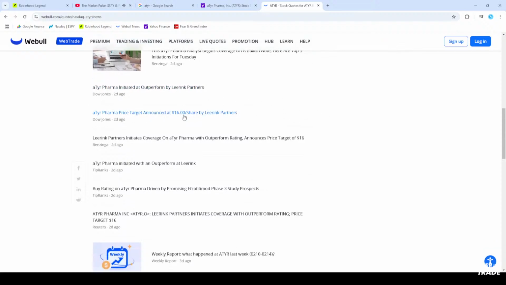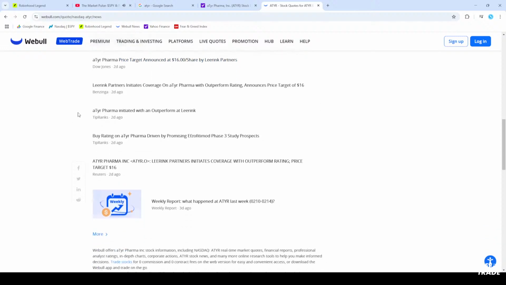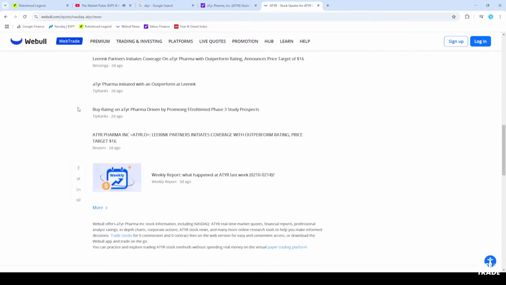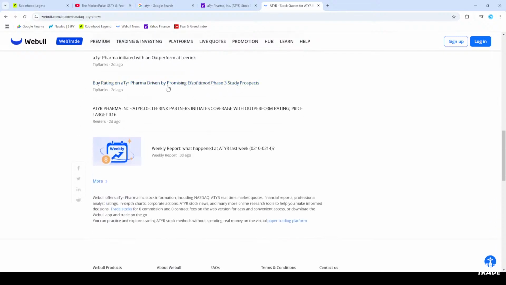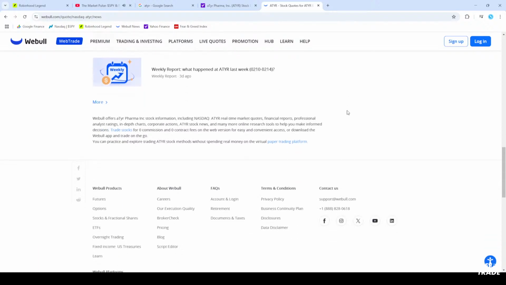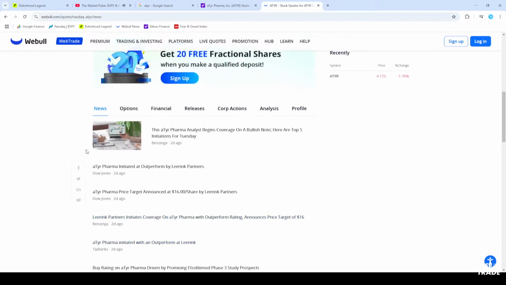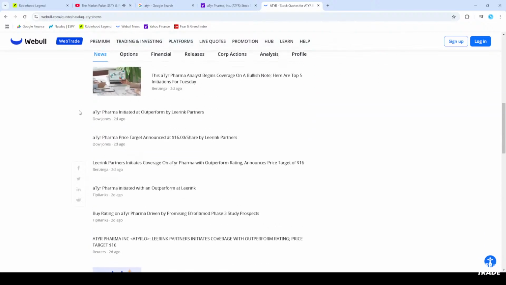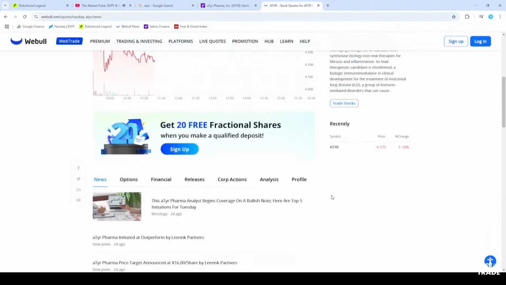Here's some price targets announced at $16 by these analysts and these brokerages, different firms. Here's some studies they're doing. They're saying, hey, here's maybe some research that we found, or here's a breakthrough we've just made in the lab, and here we think that we're going to be able to do this and that. So you can just go through and get a good understanding of what they do, who they are, how the company's running, and then any news, and then you can go to the